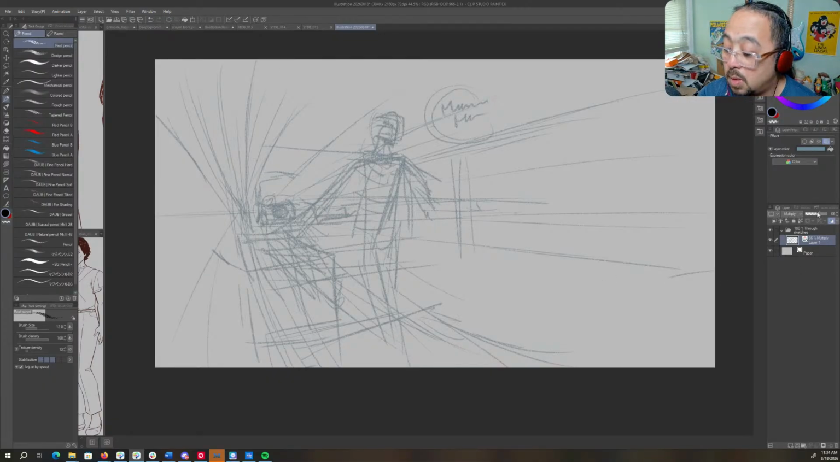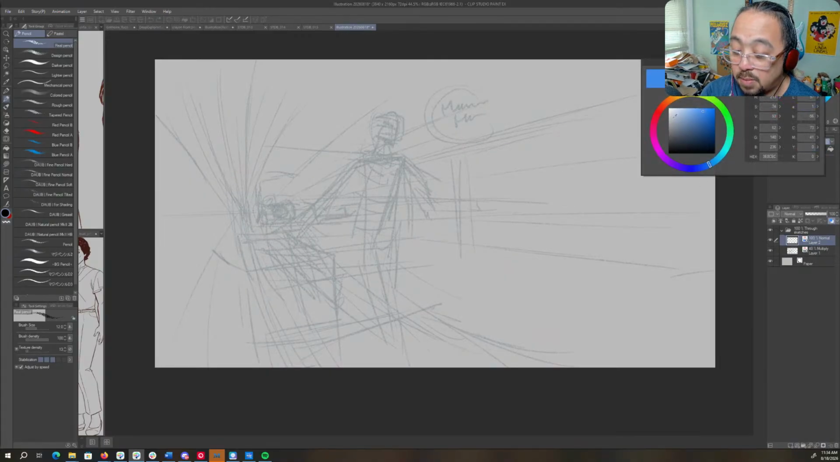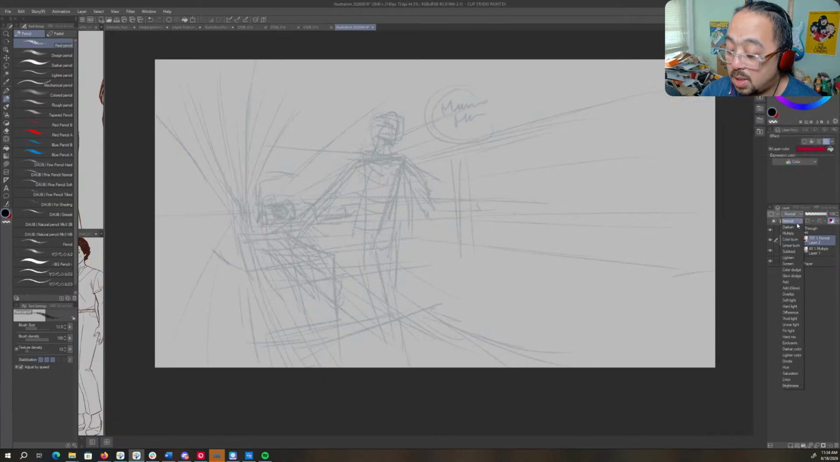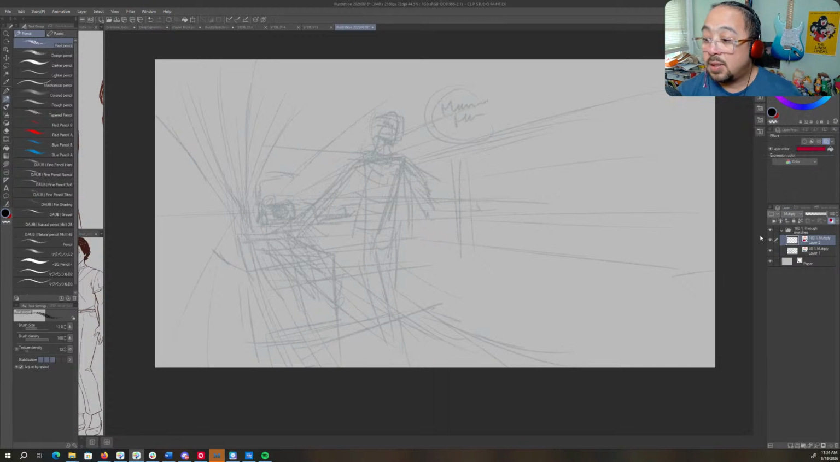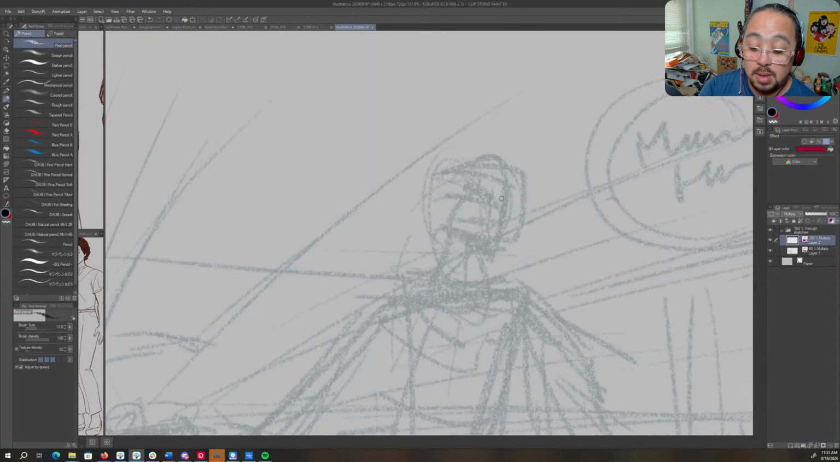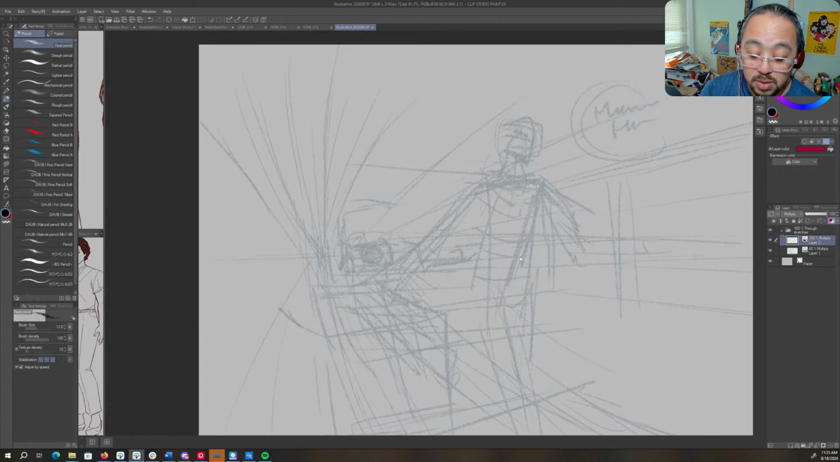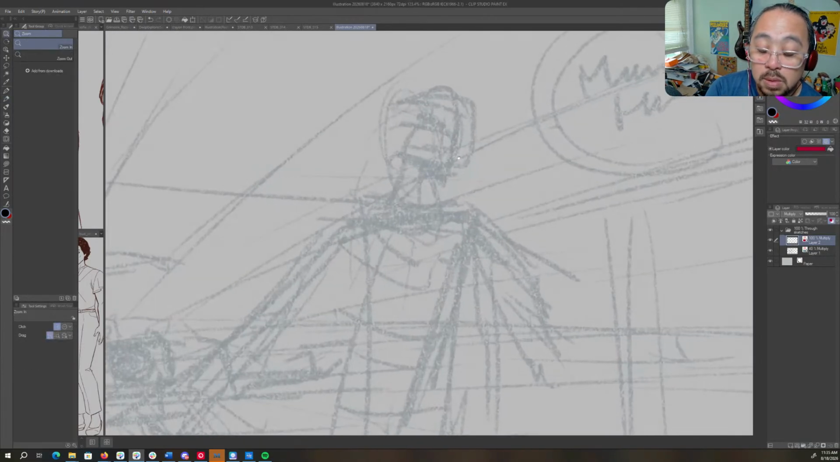Okay, so set up another layer. Set that to a reddish color. Dark red. Set that to multiply. Basic steps. This is basically how I set up all my comic pages too when I'm working. Try not to zoom in too much right now. Okay, so